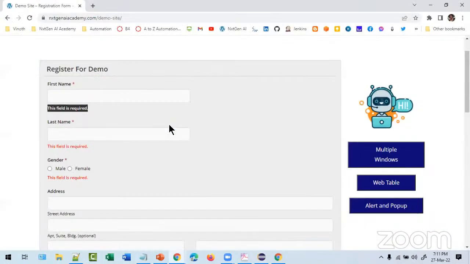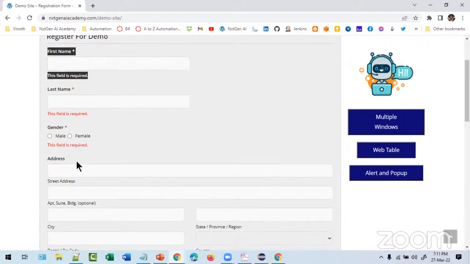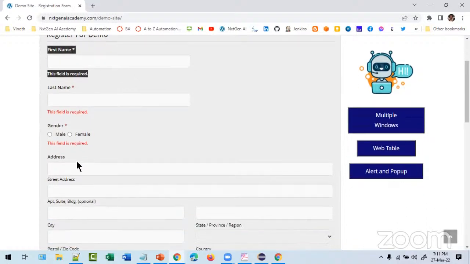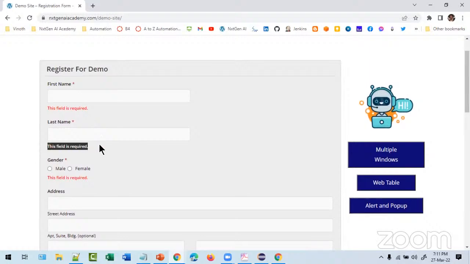Because if you think like a defect, this is for the defect for first name. Sometimes you may not get this one for first name, you will get it for last name. But one defect we can raise for first name. I'm saying just additional stuff. If you're not getting it, leave it. When you do manual testing or automation testing, you're not getting this message for any of the mandatory fields, you will raise a single defect saying that we are not getting the